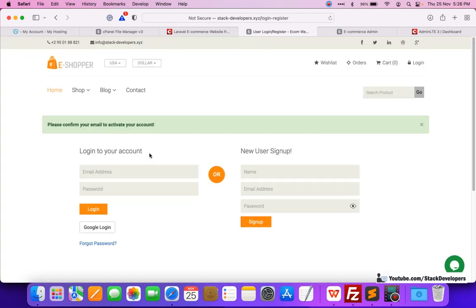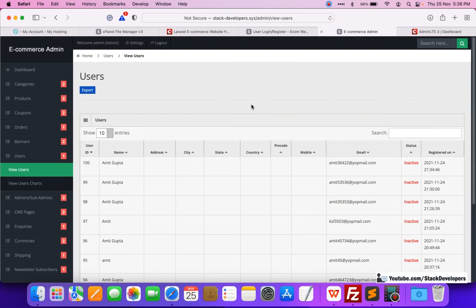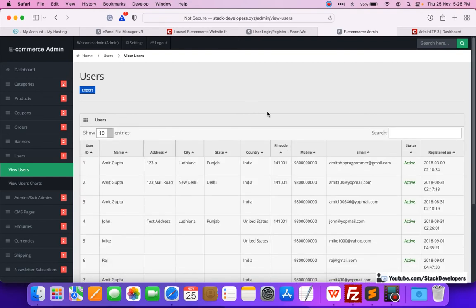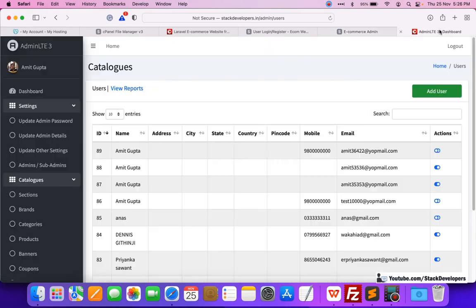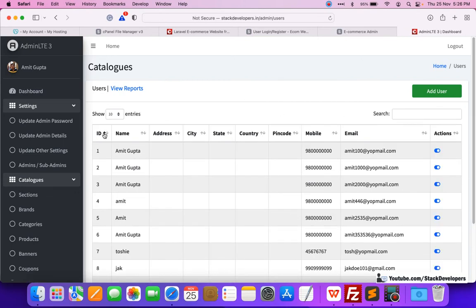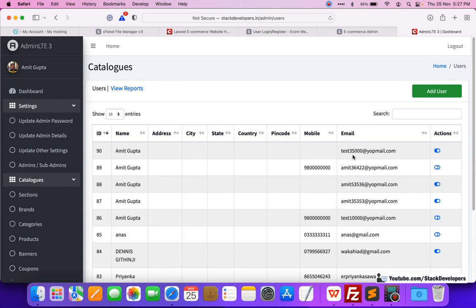Okay, so the profile has been registered, and I'm going to check first at the basic e-commerce website. I have refreshed the admin of the basic e-commerce website, from where we registered the user, and you can see the id is now 101 and the registration has been done: test 35,000 at yopmail.com. But the main thing is that we were able to register on the advanced e-commerce website with the API. See, we have not registered here. I'm going to refresh this one and we'll check now. See, it gets registered here as well.